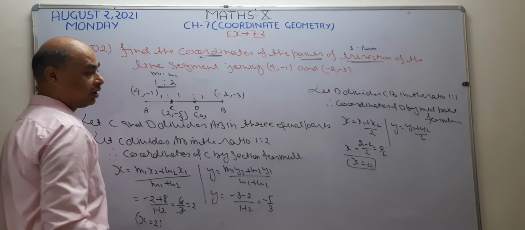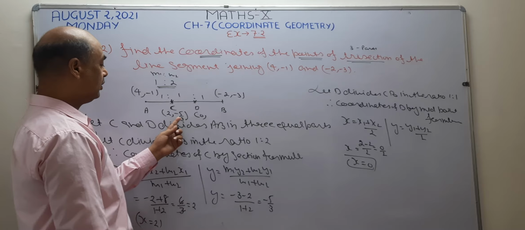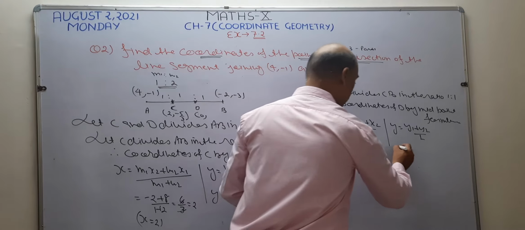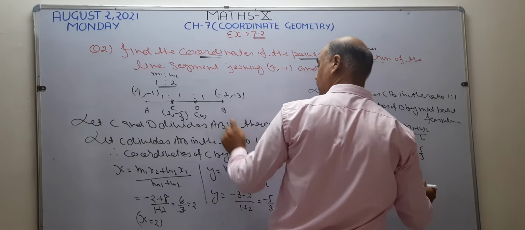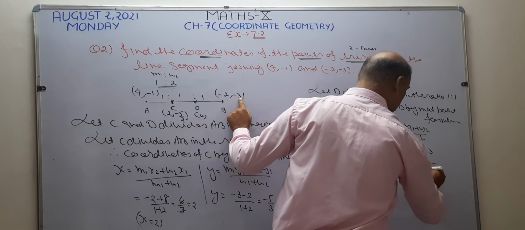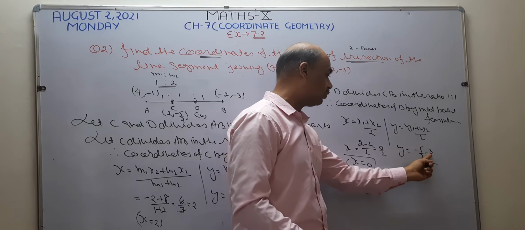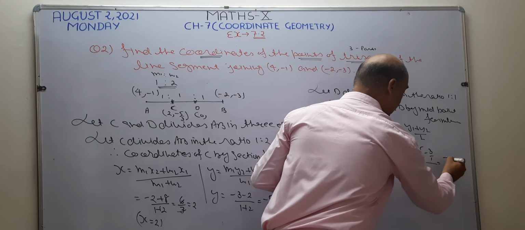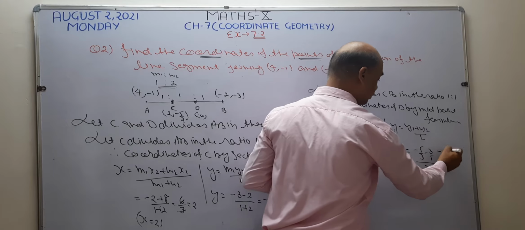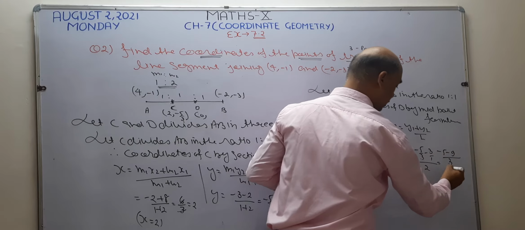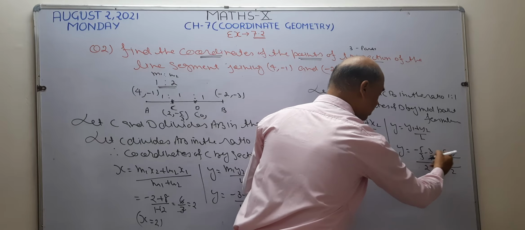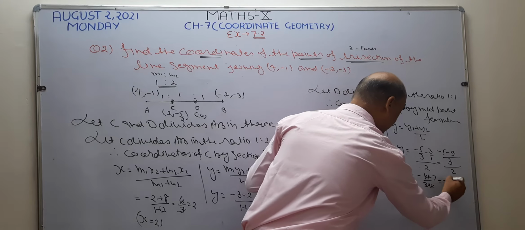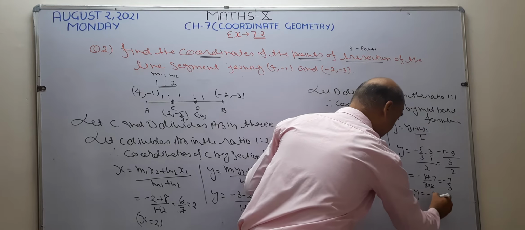First point is there. Now, I want to find the value of y. In y, the formula is y1 plus y2. This is your y1 and this is your y2. So, y equal to minus 5 by 3 and minus 3, upon 2. This 2 I write here. Clear? Now, I take the LCM. What is the LCM of 3 and 1? 3. 3 is cancelled with 3. Write here minus 5, now 3 3s are 9, and upon 2. So this becomes minus 14 by 3 into 2. 2 7s are 14. So the value of y becomes minus 7 by 3. Here y equal to minus 7 by 3.